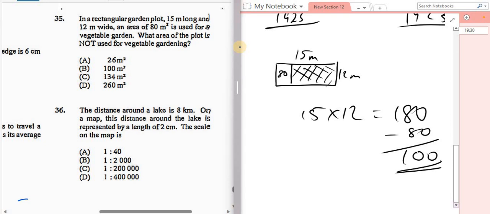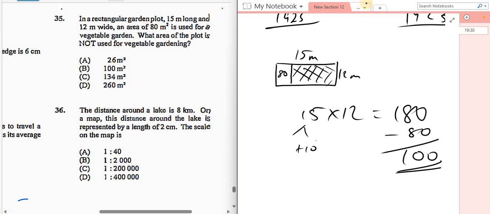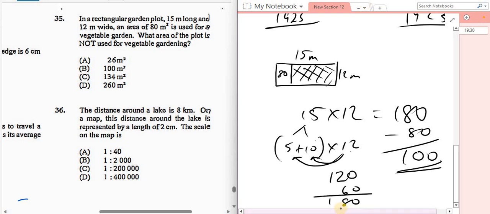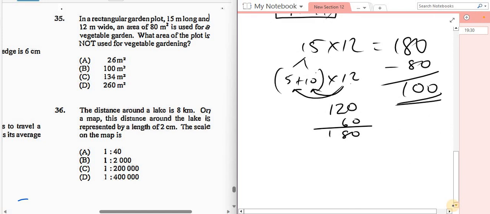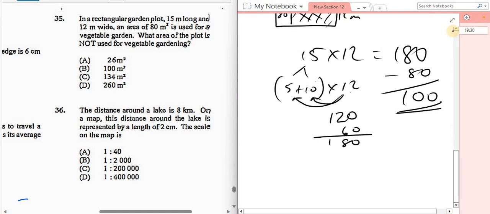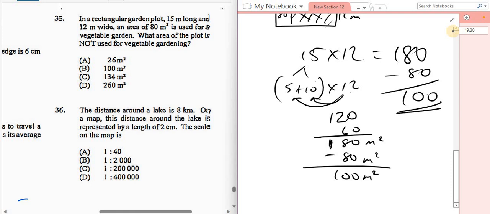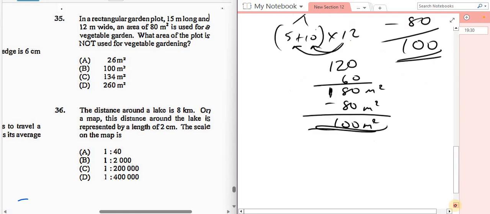You can do it like distributive law. You can split up the 15 into what? 5 and 10, sorry. 5 and 10. And multiply it by 12. Ready? 12 times 10 is what? 120, right? Let's put on the 0 at the end of the 12. And if 12 times 10 is 120, then 12 times 5, which is half of 10, must be half of 120, which is 60. That's going to give us 180. Got it? Okay, so we know that. And then we say what? So the whole thing is 180, but how much of this 180 meters squared is used for vegetable gardening? 80. So subtract it to find out what is not used. 100 meters squared, yeah. That one was too easy, I expected it to last a little longer, so let's do